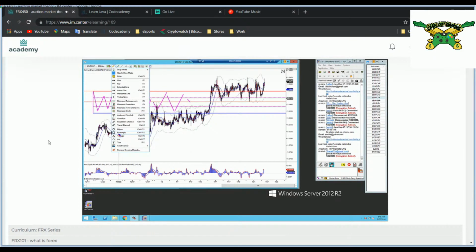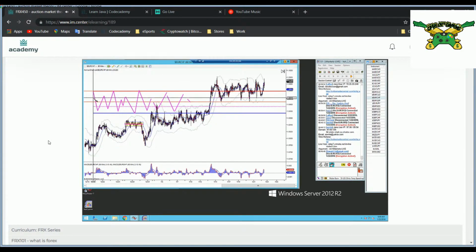And we have what's called the value area. This is the value area. This is where most of the action has taken place. All right, so right in this zone,